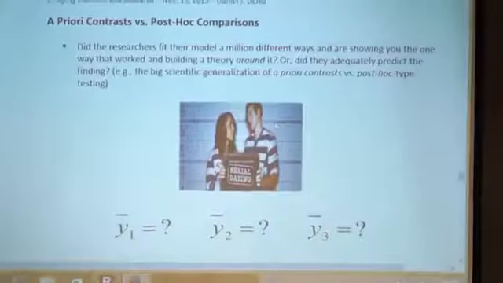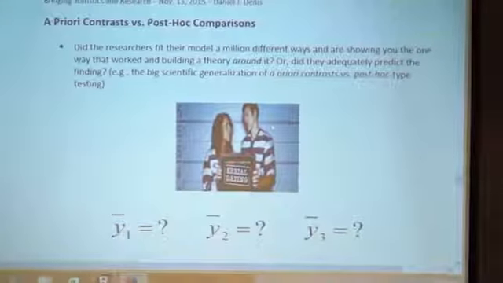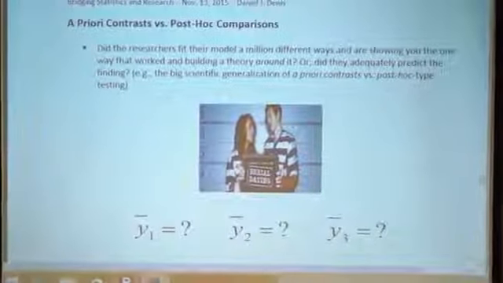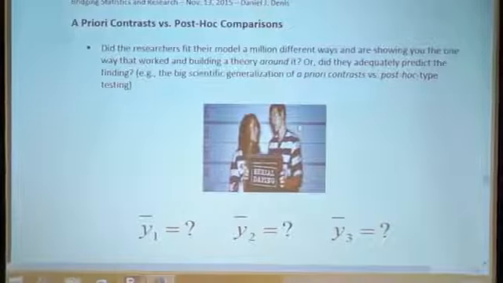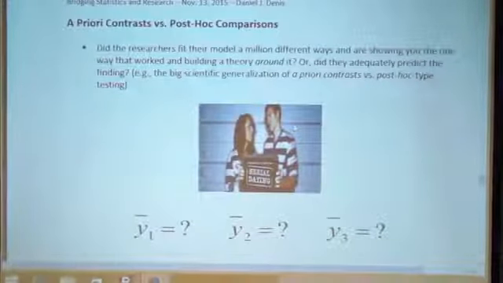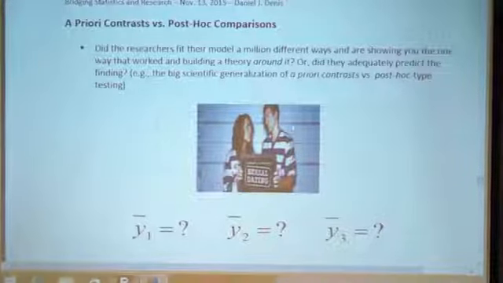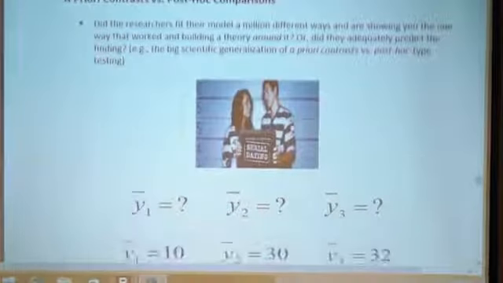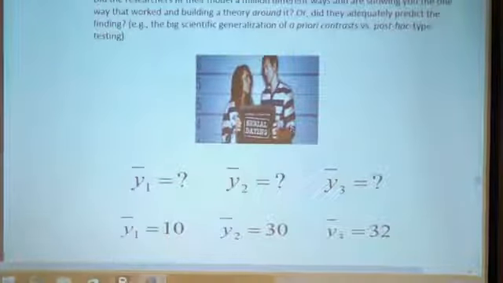A priori contrast versus post-hoc comparisons. I think that's another thing to look for in a research study. Did they do contrasts? Did they do comparisons, post-hoc comparisons? What's the difference between the two? You'll understand the picture in a second. Well, if you look at these means,